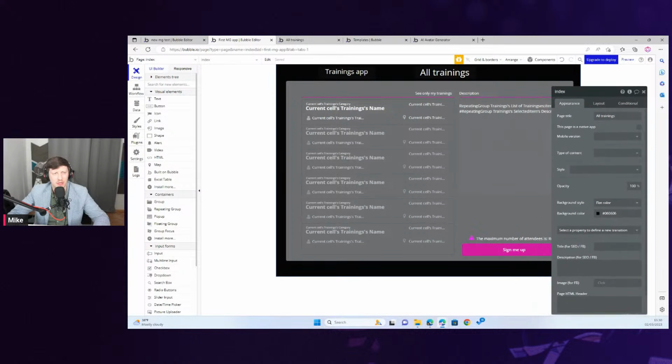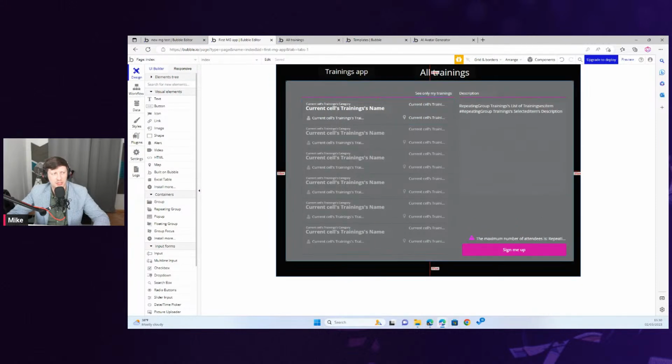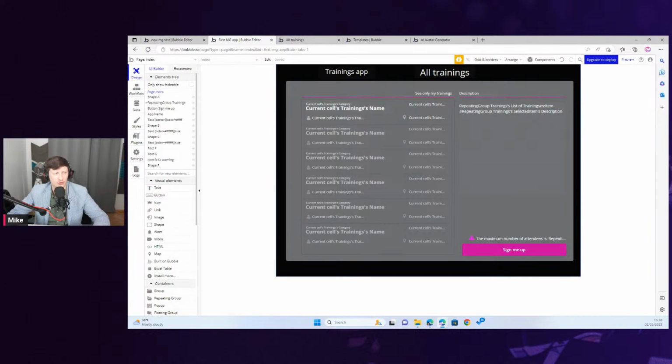So yeah, once you create such a screen, put all the controls here in a particular order, then you can connect it to some data. And how do you put dynamic information inside your application, inside your controls?